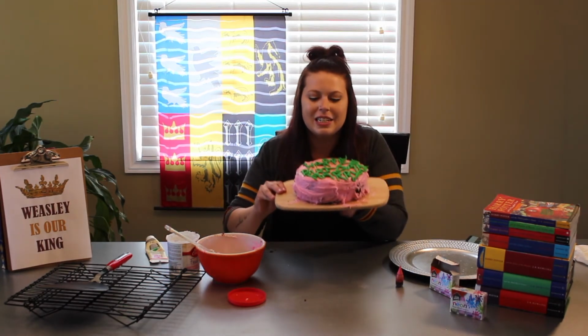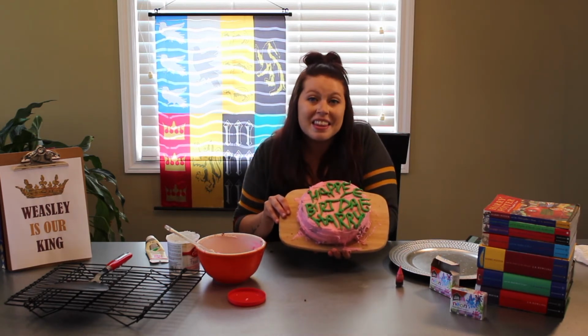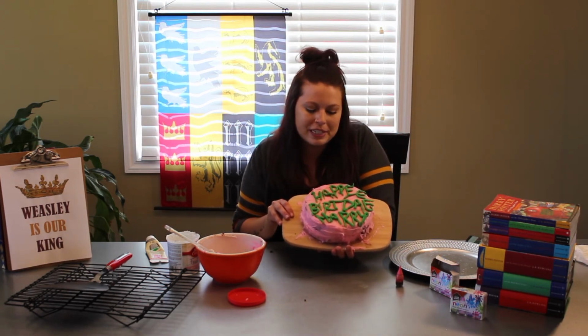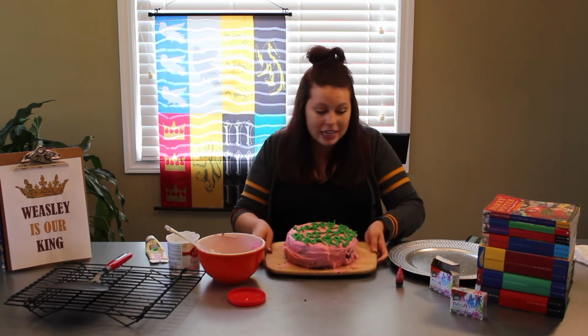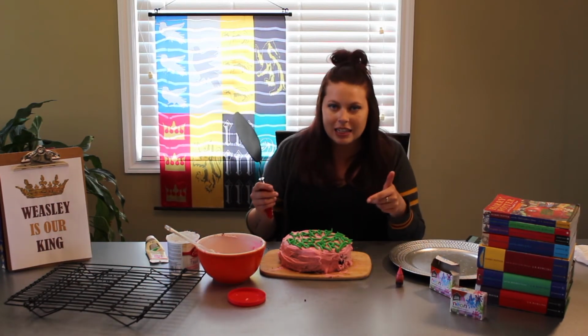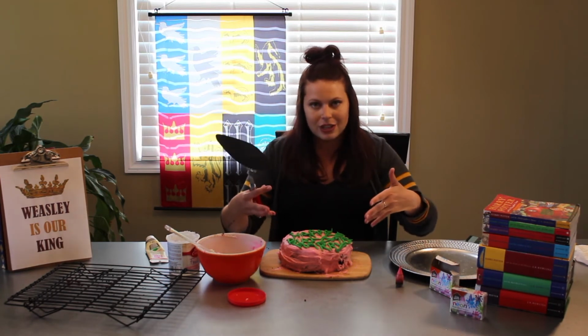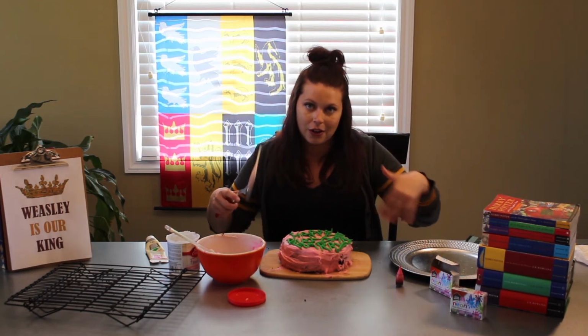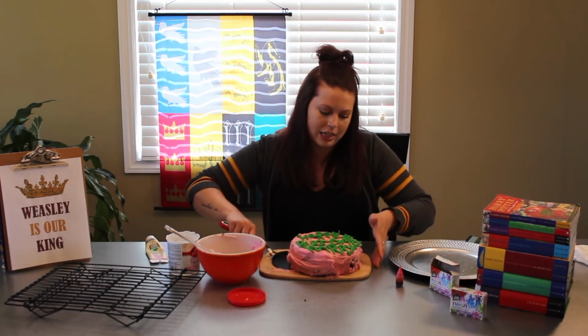So this is what mine turned out to look like, and I think it turned out pretty good. It looks pretty similar to the one from the movie. So I'm going to transfer this now onto my nice serving dish. And I did this because I didn't want all this messy icing around the cake to be on the serving platter. So I'm just going to slide this underneath